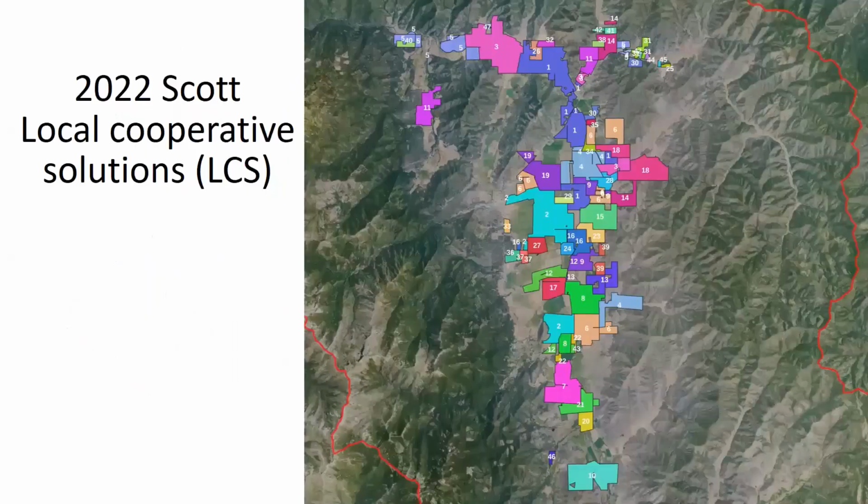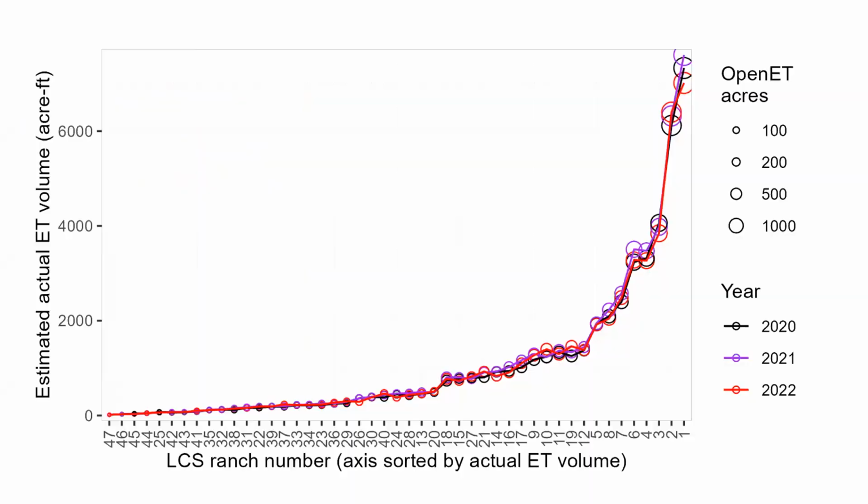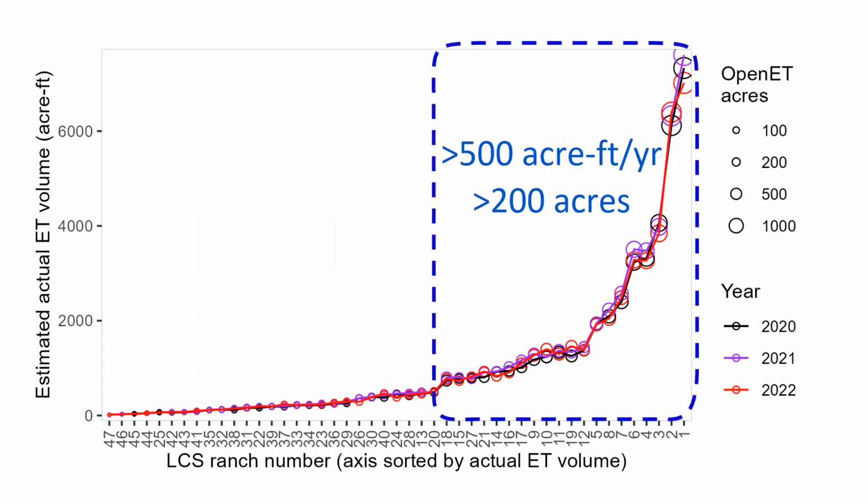Okay, so the local cooperative solutions in the Scott. So here's a map of all the LCSs in the Scott from 2022. I've numbered them from the largest to the smallest, just arbitrary labels there. So here's a plot of the estimated consumptive water use for each ranch by their size. And so as you would expect, the larger the land area of a ranch, the more consumptive water they're consuming. Most of the water use in the valley is in the largest ranches, because that's where